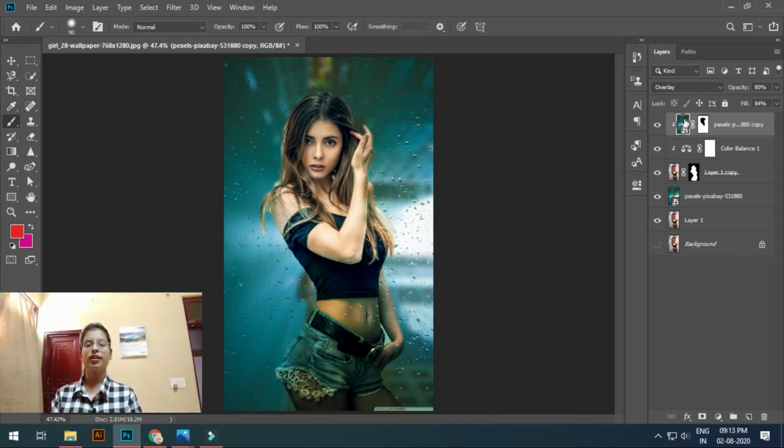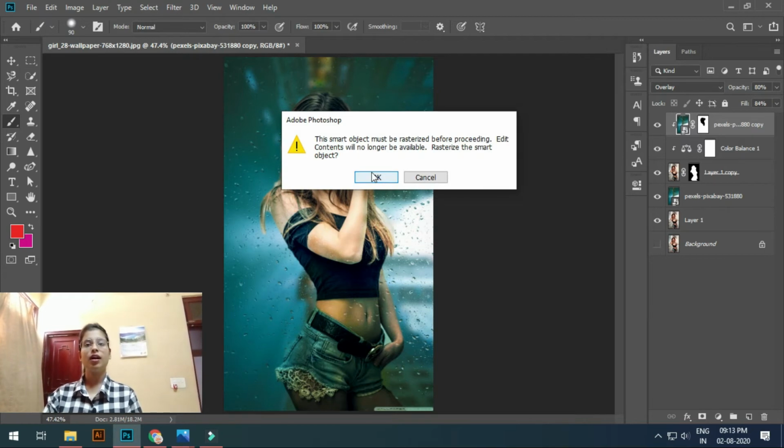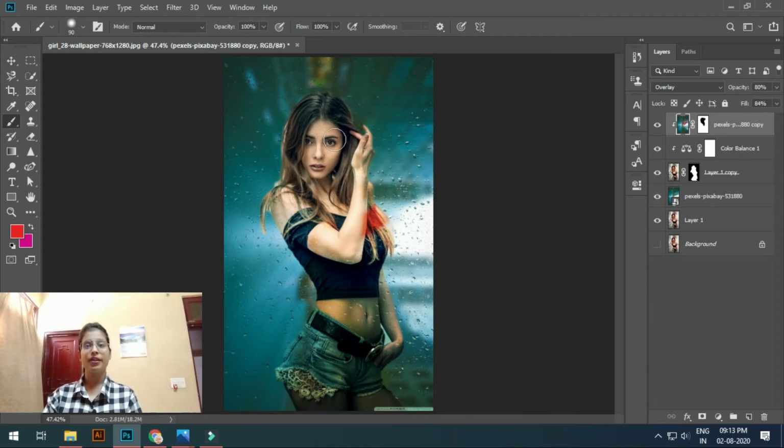Okay guys, one thing, if you are using the brush on this layer, it will not be allowed, but if you convert it from a smart object to a normal raster image and use a brush, you can see that the color is going to be like this, and you can't remove it with X, but you can Control Z it, but you can't clear it.